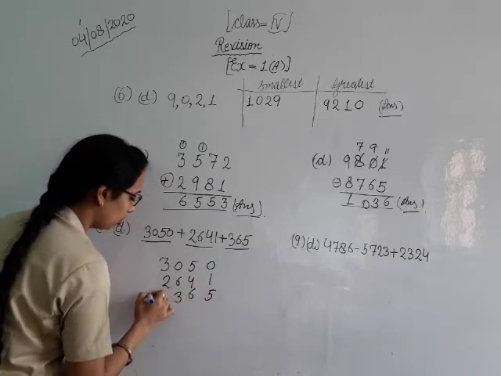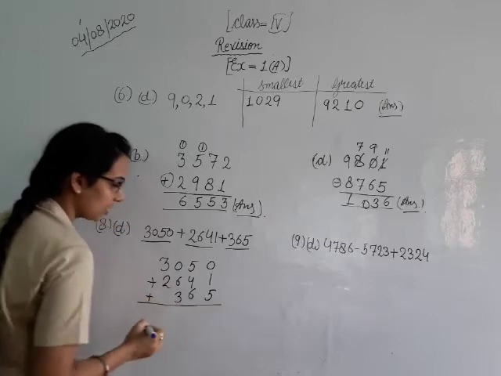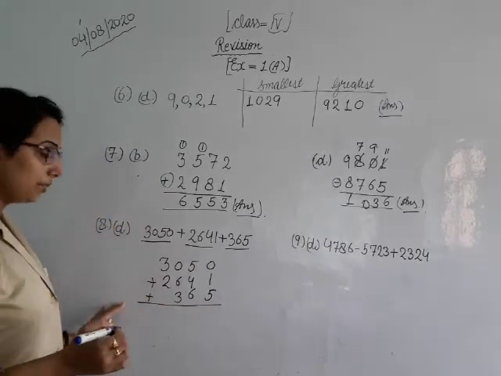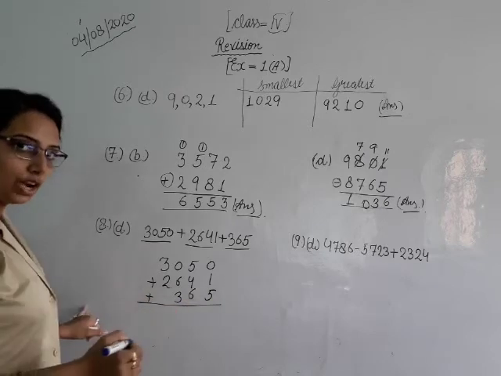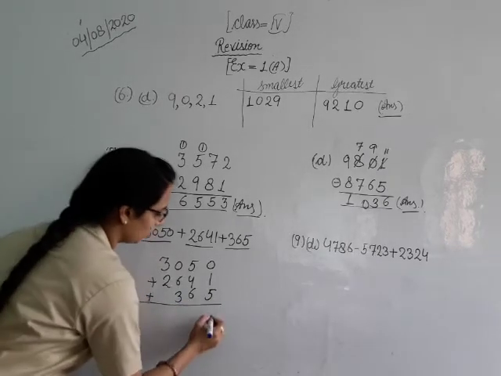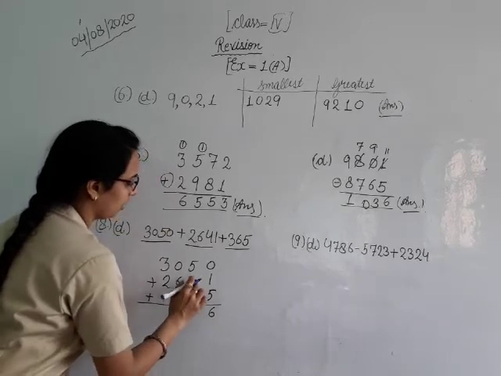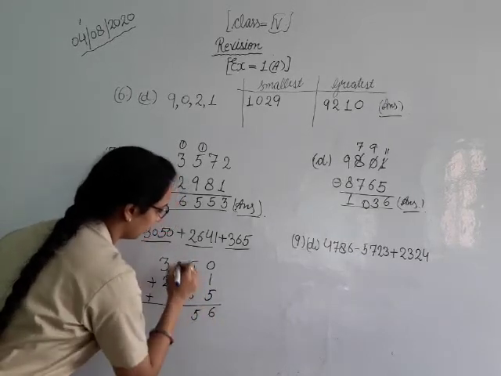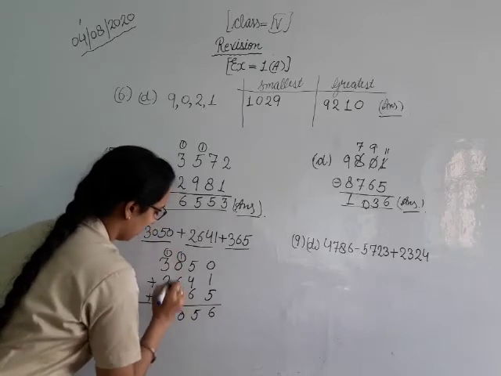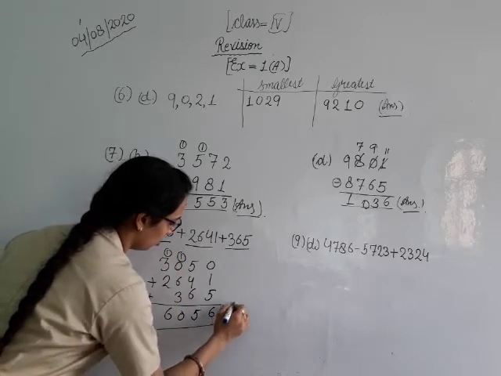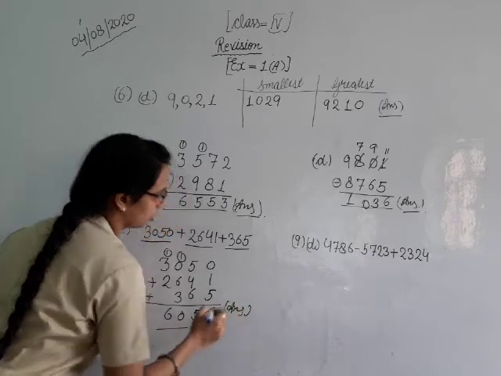Earlier also I told you, if we are arranging something in the column method, then we always have to start from the right hand side to the left. Okay? Then 5 plus 1, 6, 6, 4, 10 plus 5, 15 and 1 here carry, 6, 7 and 3, 0, 1 and here 6. This is your answer. Understood?